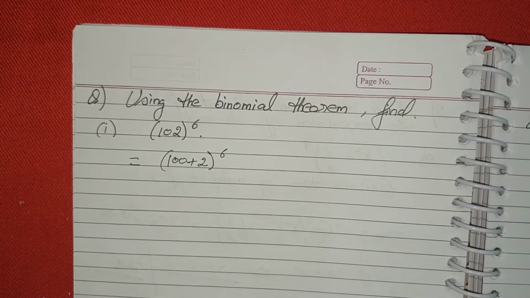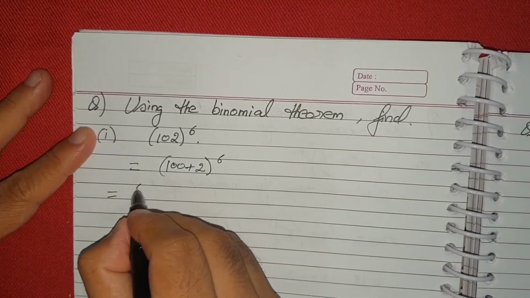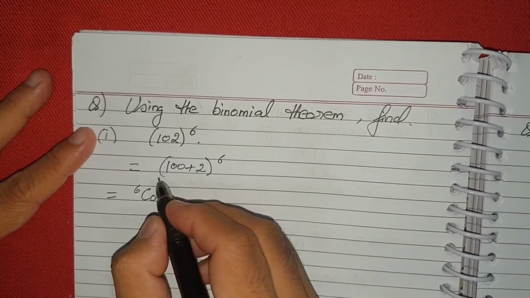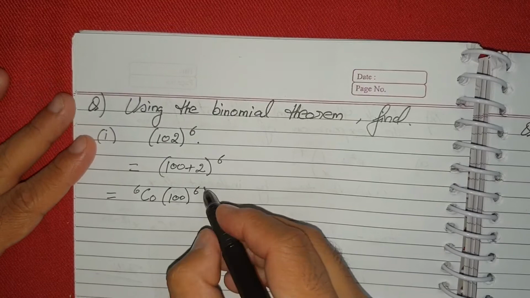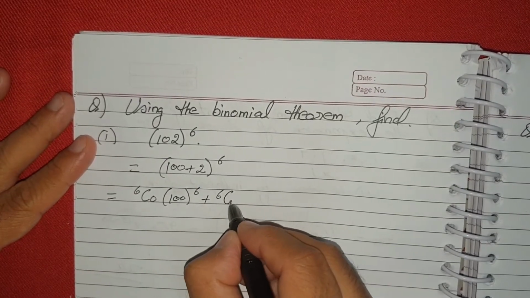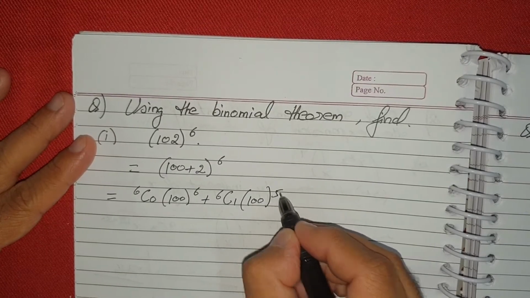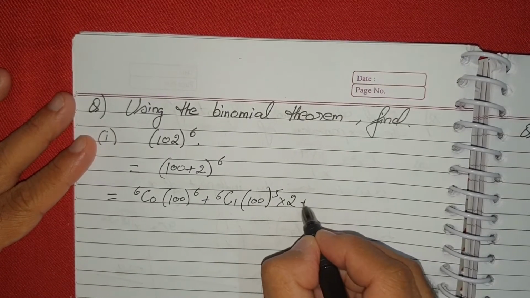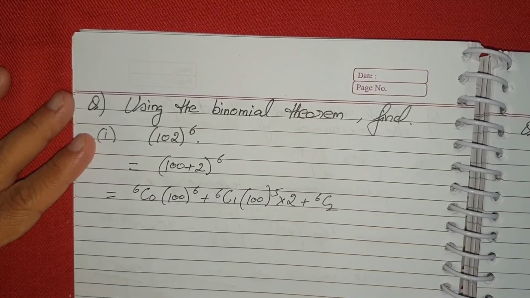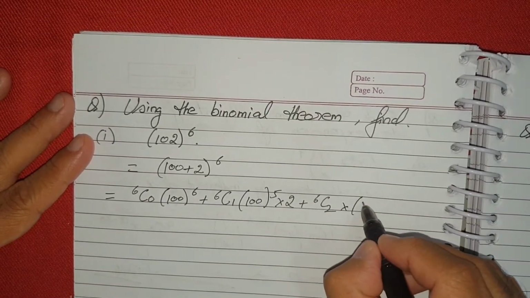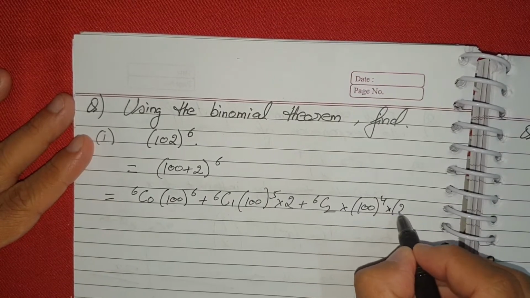Now, applying the binomial theorem, this is 6 C 0, 100 to the power 6, plus 6 C 1, 100 to the power 5 into 2, plus 6 C 2, 100 to the power 4 into 2 square,